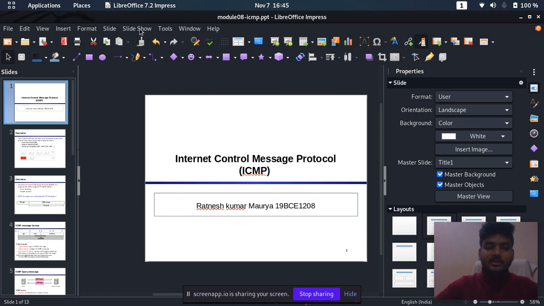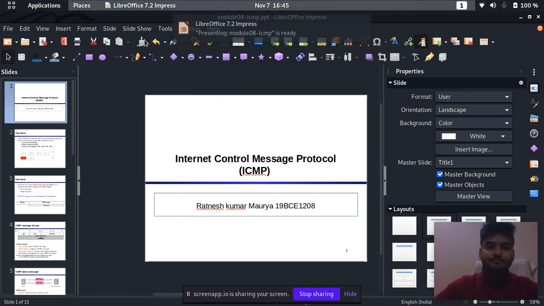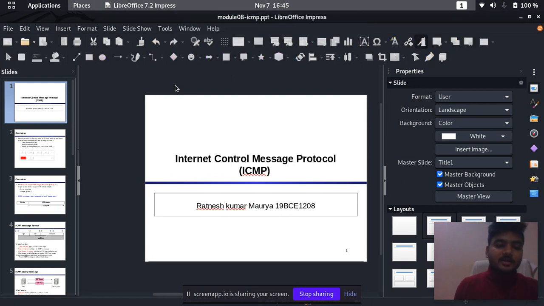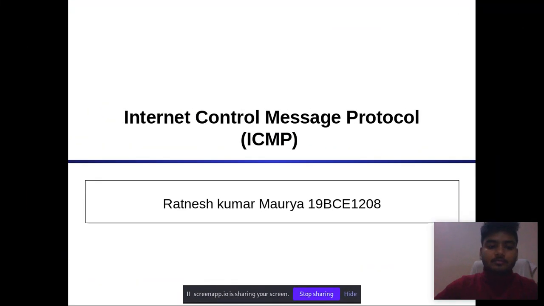My topic is Internet Control Message Protocol. What is an ICMP message? Since Internet Protocol does not have any inbuilt mechanism for sending error and control messages, it depends on the Internet Control Message Protocol to provide error control.